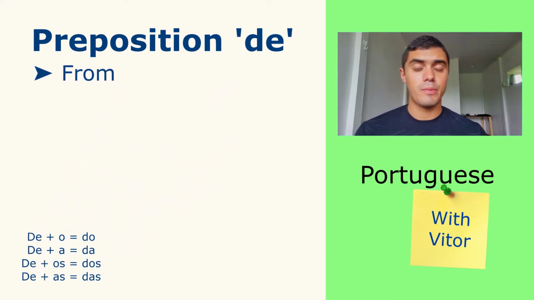Usually, the preposition de means from. As I told you, from usually we use with countries, cities, and places. In these cases, we must use the definite article before them. There are exceptions. For example, cities, we don't use definite articles in most cases. And countries, we use in most cases. Both of them are exceptions. So let's take a look.